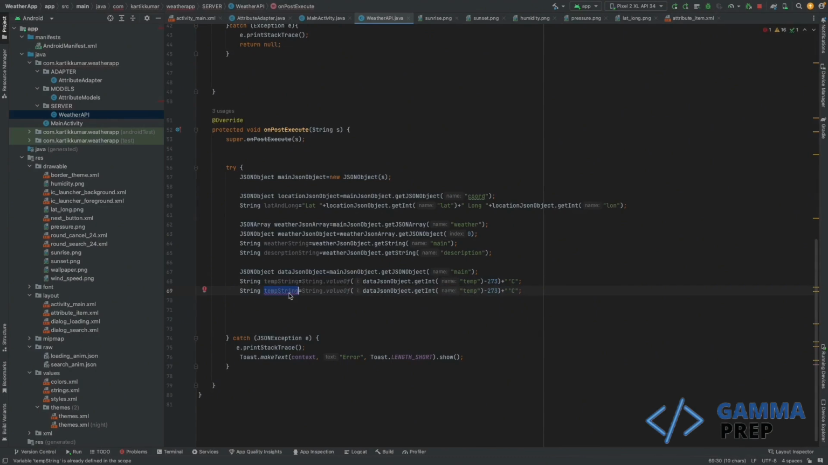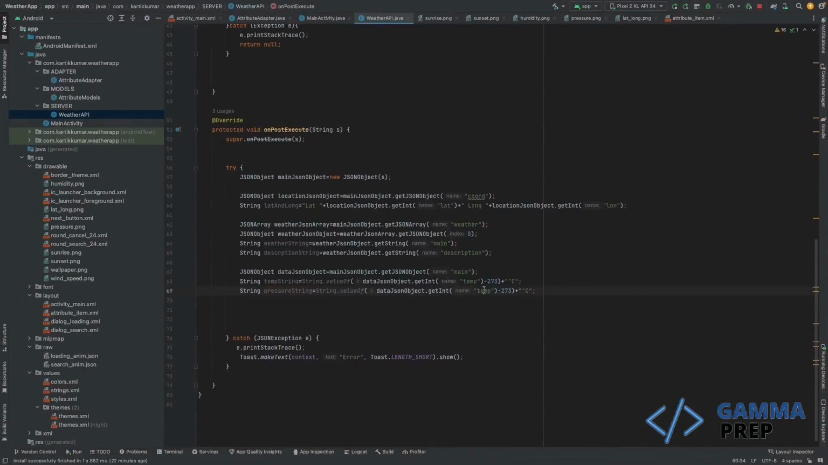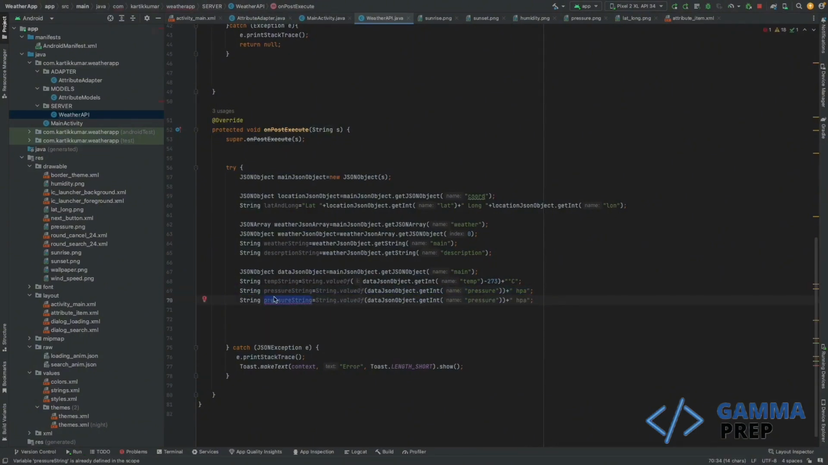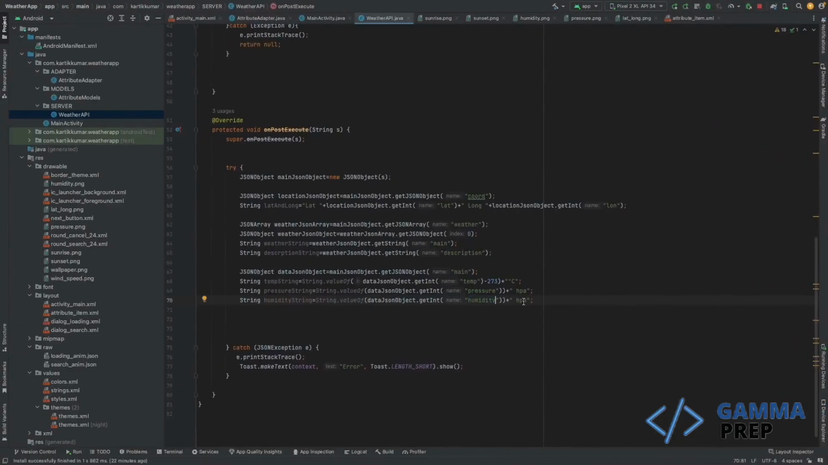I'm going to say over here pressure string. Pressure string, JSON get object, so it's pressure. Paste it, remove this over here, and just type hPa. Once that is done, next is humidity. Copy this thing, it's in the form of percentage. Done. Now I'm going to say string